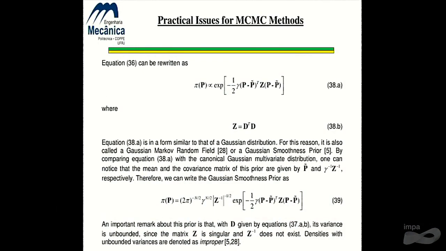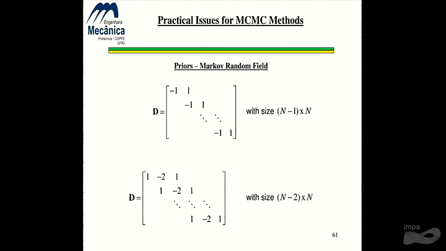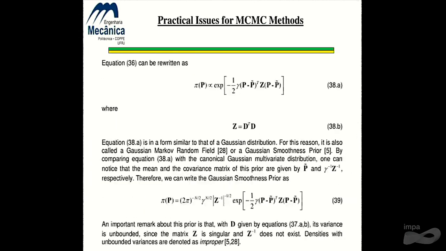All right, but the prior can be rewritten in this form here. I take the square of the L2 norm and rewrite this in this form, where the matrix Z is D transpose D. If you take a look at this, it looks pretty much like a Gaussian distribution. And for this reason it's called a Gaussian Markov random field, where, if we write it in the canonical Gaussian form,